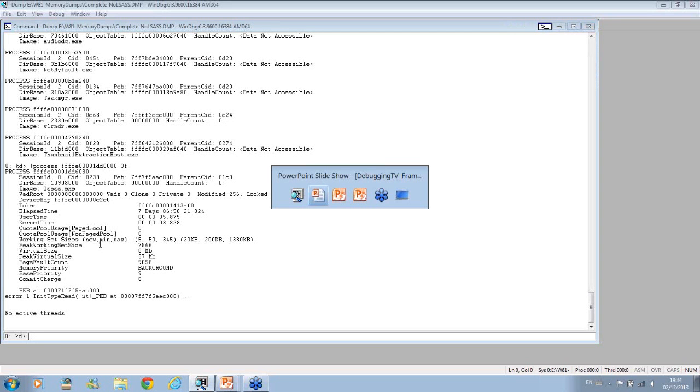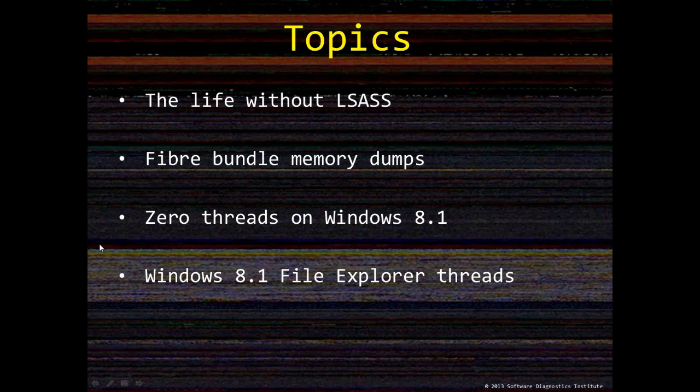So this is what I wanted to show you. Complete memory dump analysis without this process, local security authority subsystem process. And now I show you another